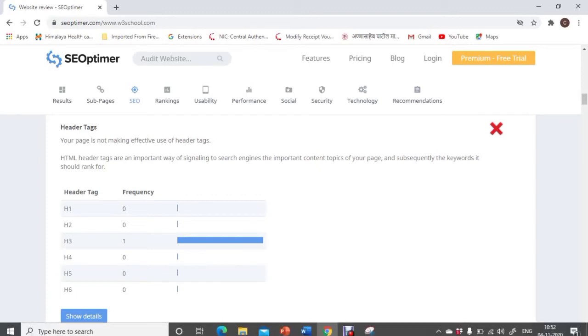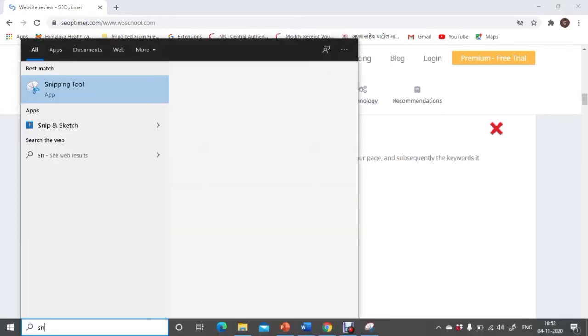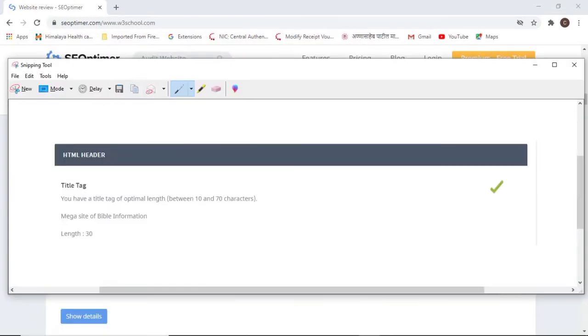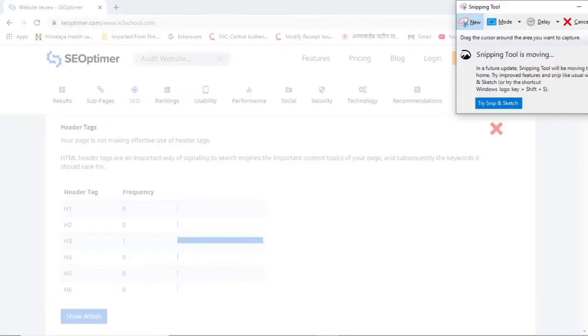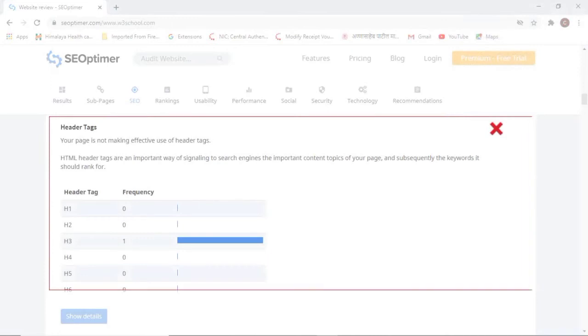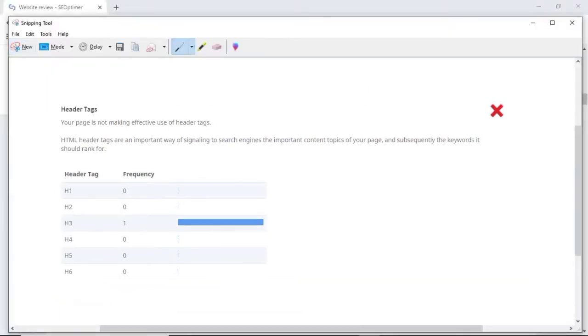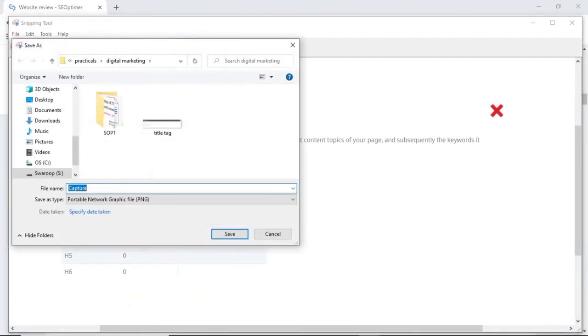So again use a snipping tool, click on New, and here, then click on the save button.